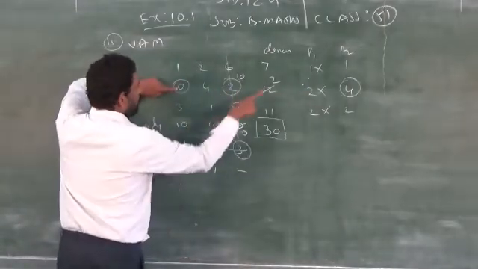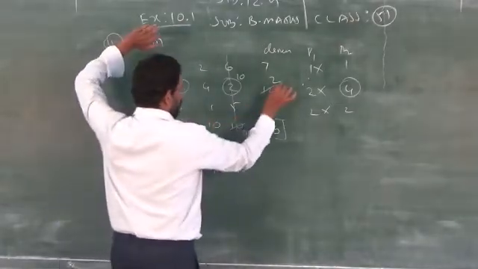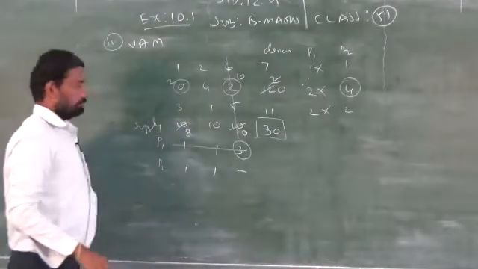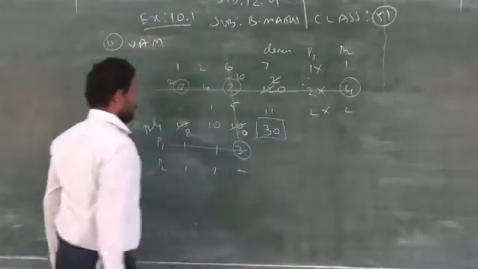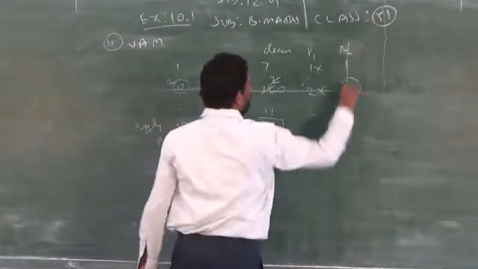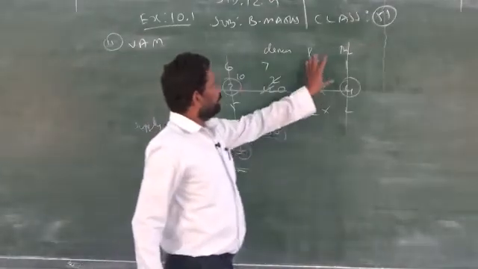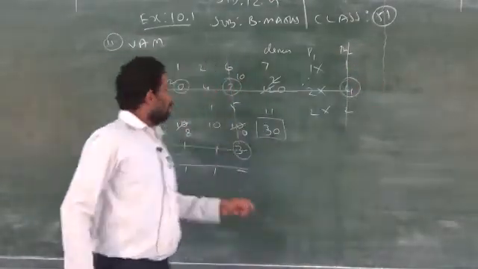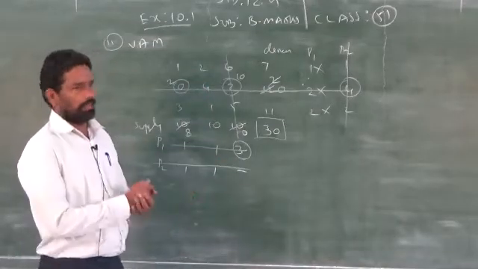Compare the supply and demand. Demand is 2, so this will become 8. This will become 0. Clear? It is eliminated. Now penalty 2. These also should be, these penalty 1, P1, P2. You do it with the pencil. When you strike out the elements in the tabular column, use only pencil. That will be better. Clear?